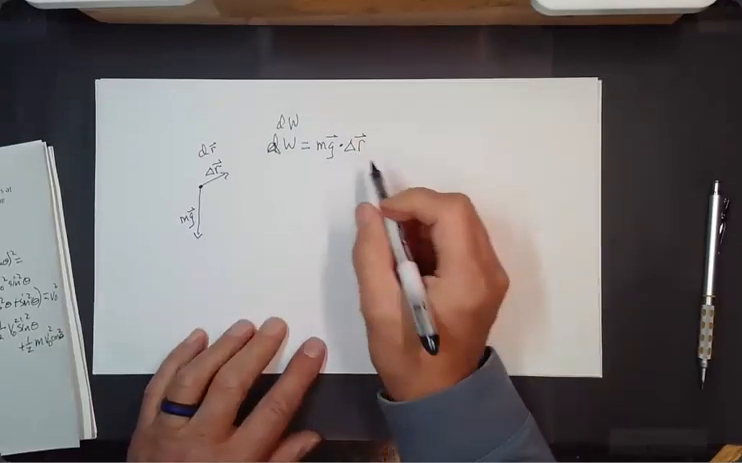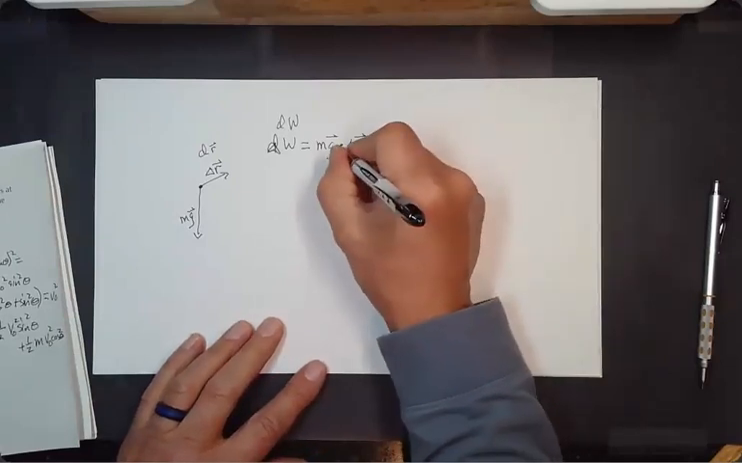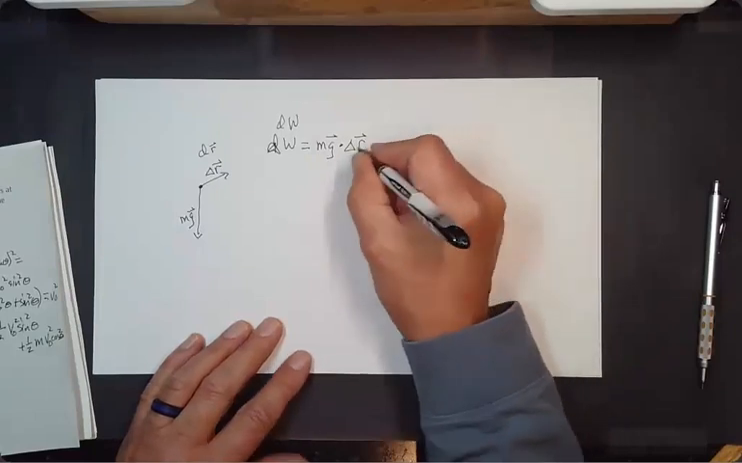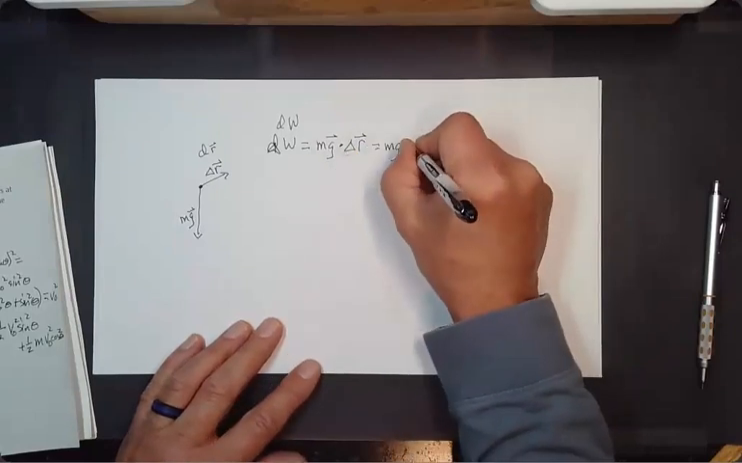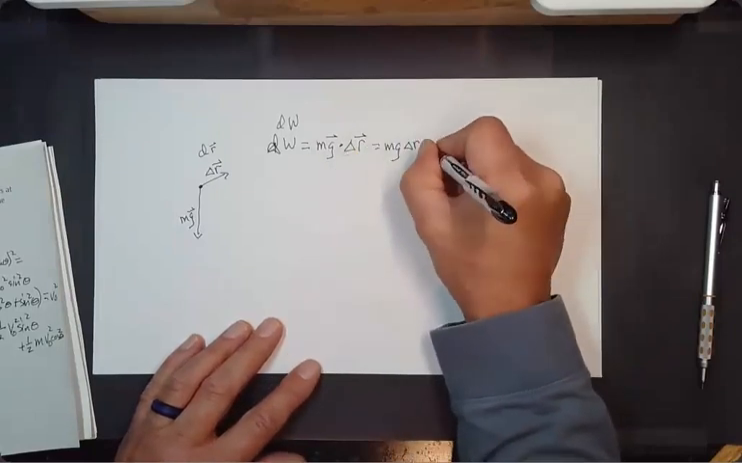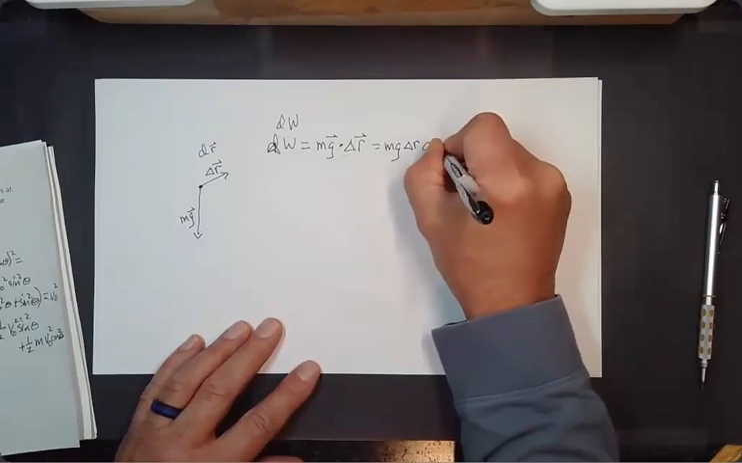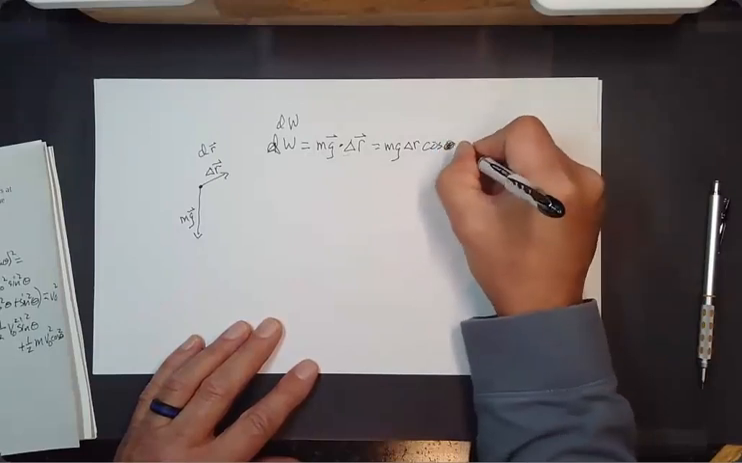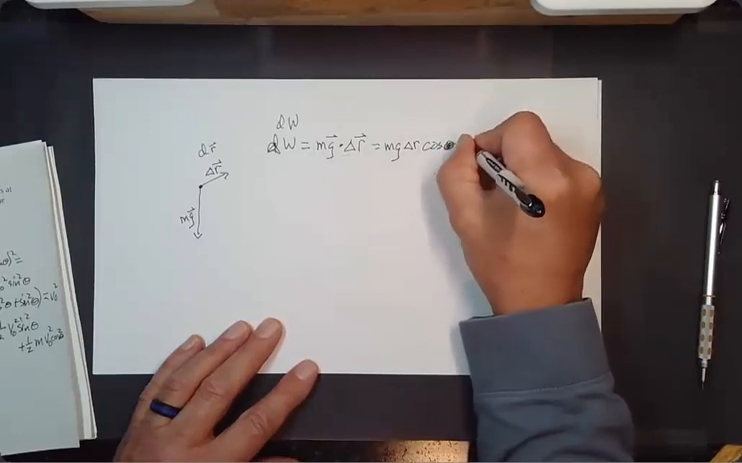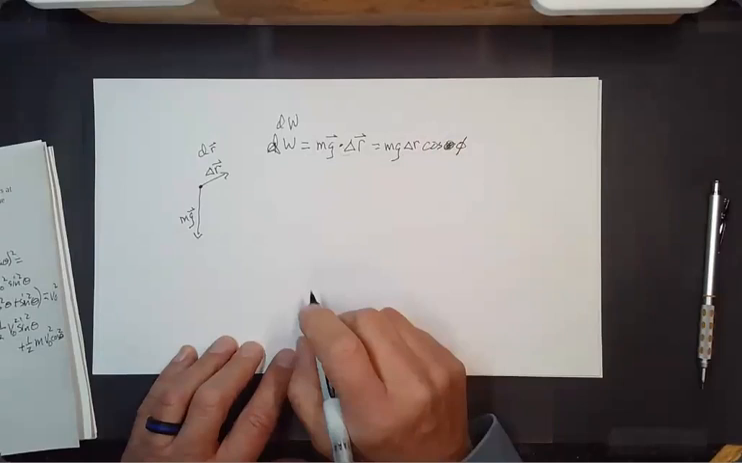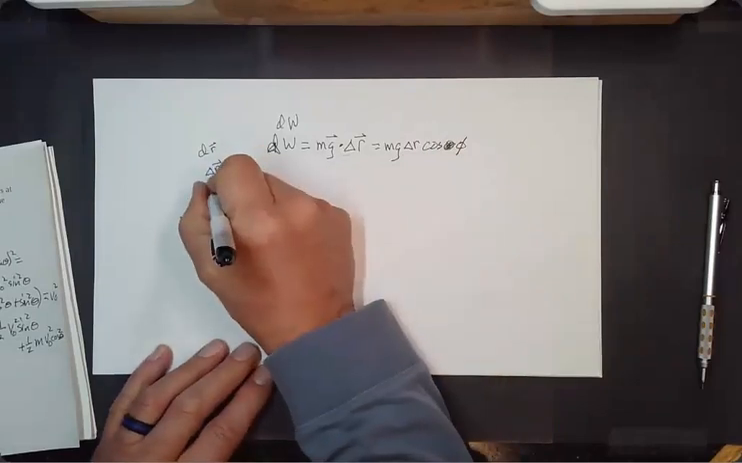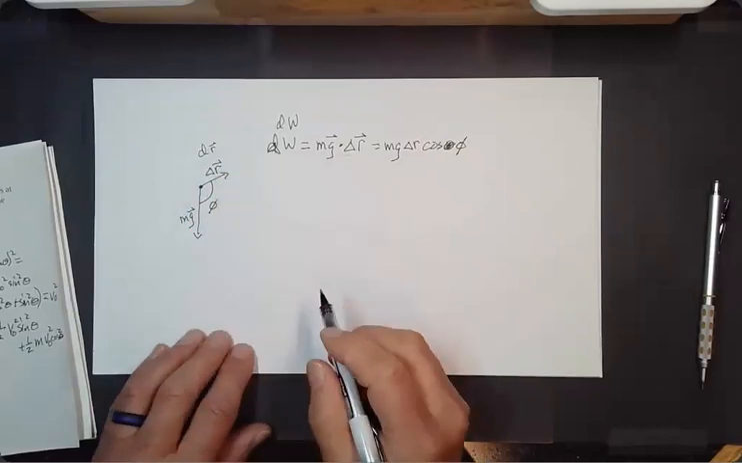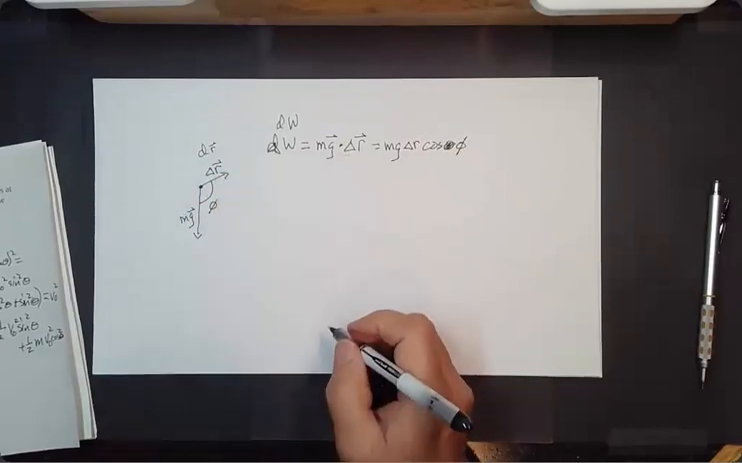But the dot product is going to equal the magnitude of this vector, mg, the magnitude of this vector, which is delta r, and the cosine of the angle between them. So let's see, I probably shouldn't use theta here because we were using it for something else earlier. Let's just call it the cosine of phi. And so right here, this whole angle is phi. Okay. Now,